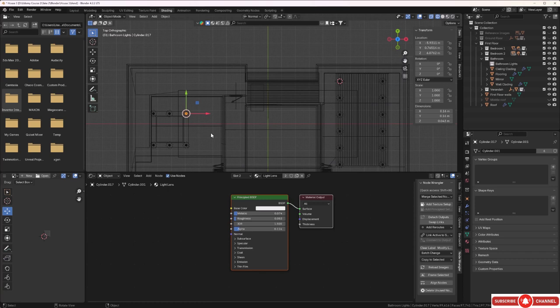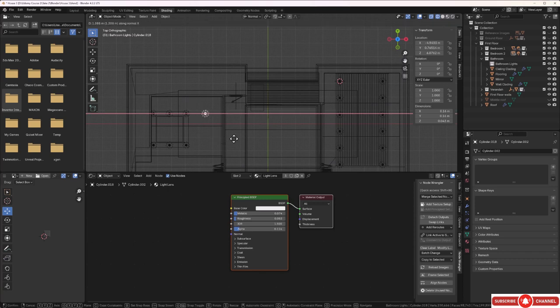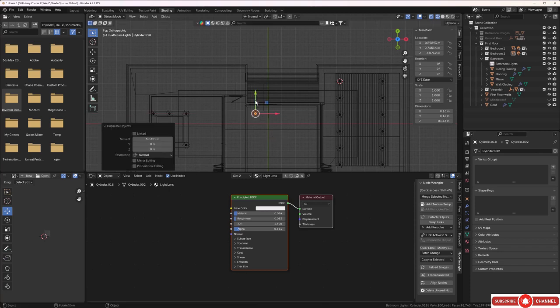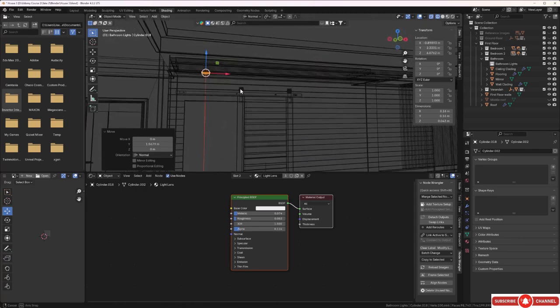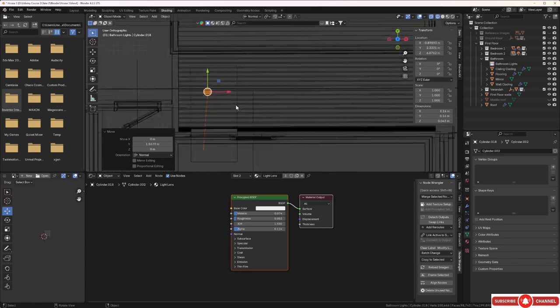Let's press Shift D and X and bring this over in the X axis like this. And let's take this over like this, until we're in the bathroom, kind of center of that timber framework ceiling. Okay, let's make sure we've got everything selected again, and we do, so let's press 7 again,